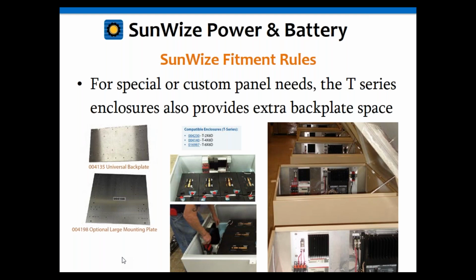That's correct. Yep, we've got a couple tray options, and actually there's even a top mounting backplate that will fit in these T-series as well that can go on the roof. So really a ton of mounting flexibility and design options in our enclosures,